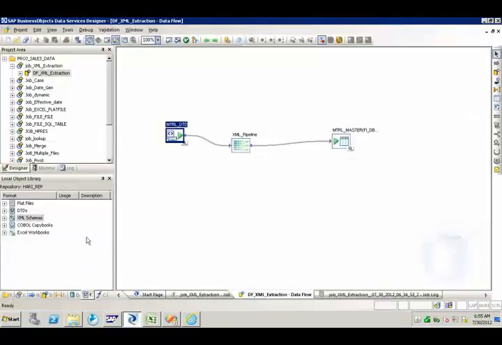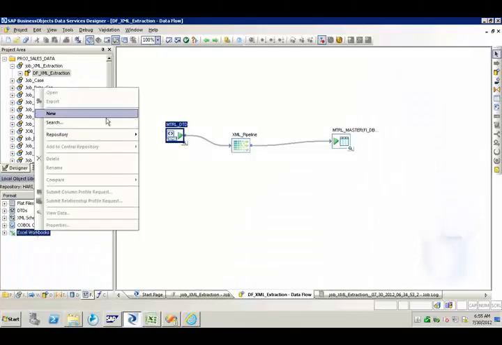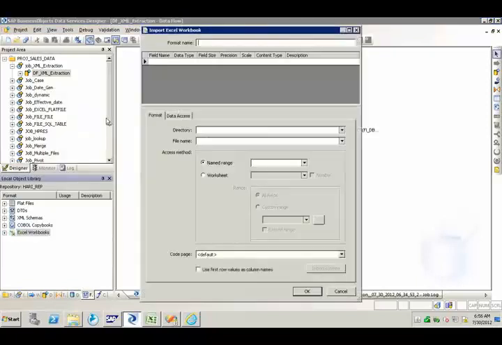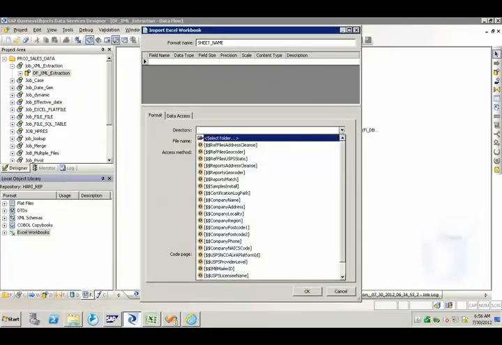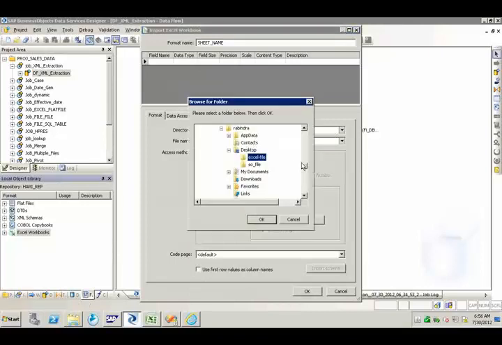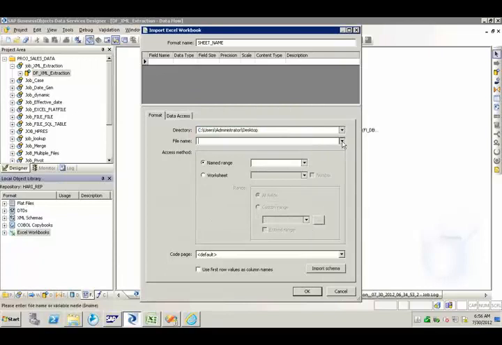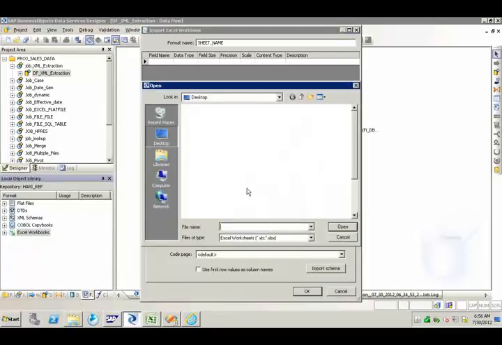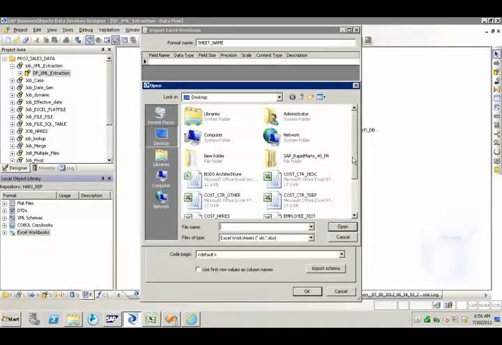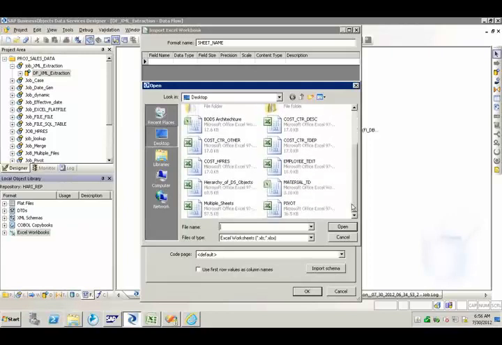Okay. Now I am going to create two Excel workbooks. One to read the sheet names, one to read the actual data. So I just right click on it, select new. So one is for sheet name. So I am just browsing, selecting the file. So selecting the file name as, what is that file name? Multiple sheets we just created.